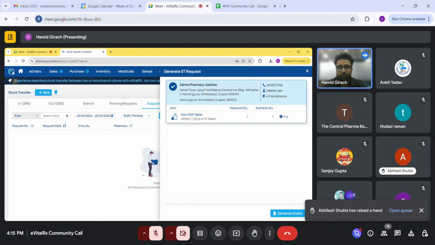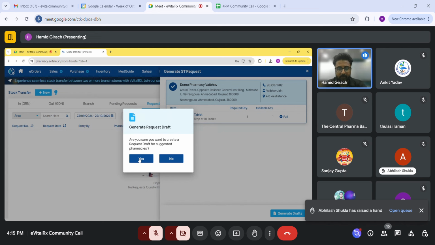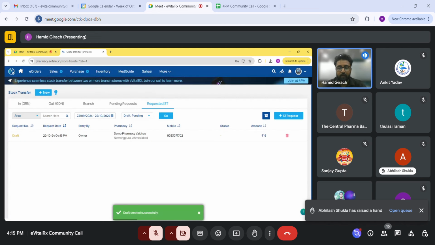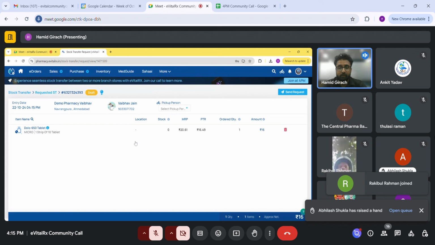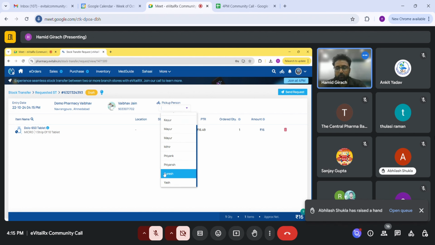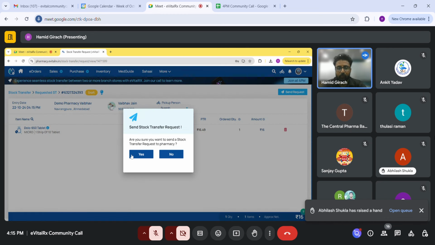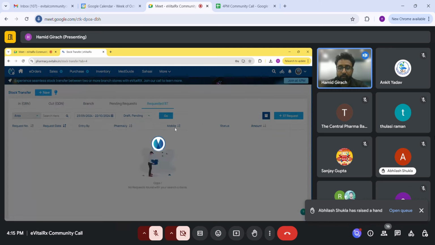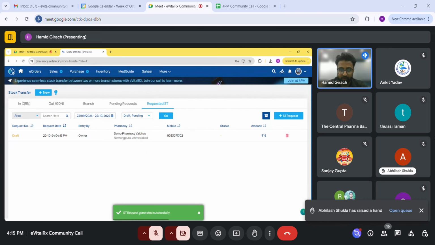So you can see this product is available at demo pharmacy Weibo, and I can just click on generate draft. Yes, I'll just click on yes. Now a stock transfer request for demo pharmacy Weibo has been initiated. You can even select a picker person, who's going to go there and receive this product. So let's say Suresh is going to collect that product. Once this draft has been created, you can simply send this request to demo pharmacy Weibo, and now Weibo will get to know that this is the ST request. Then he'll just